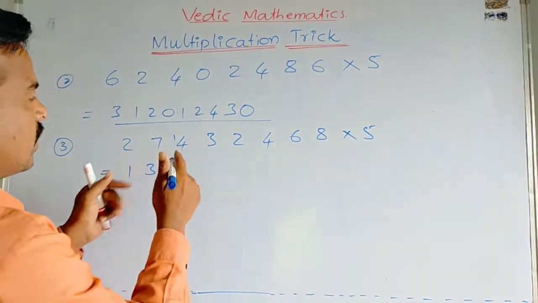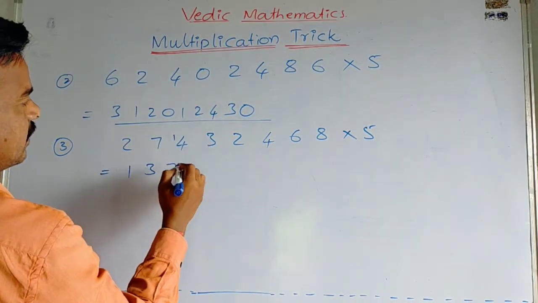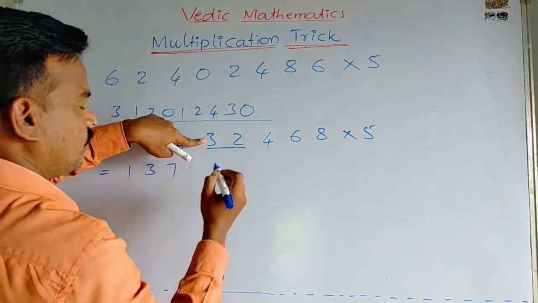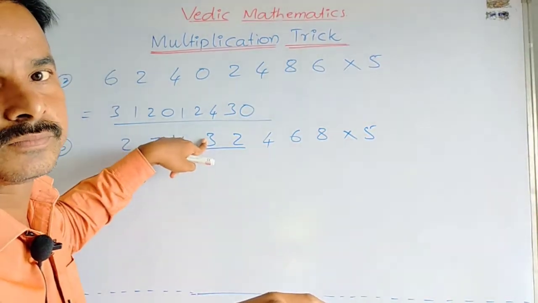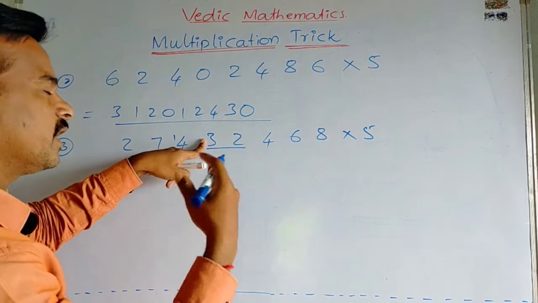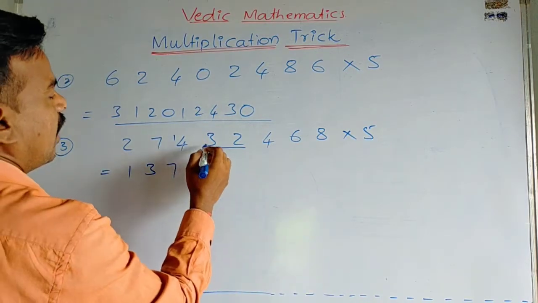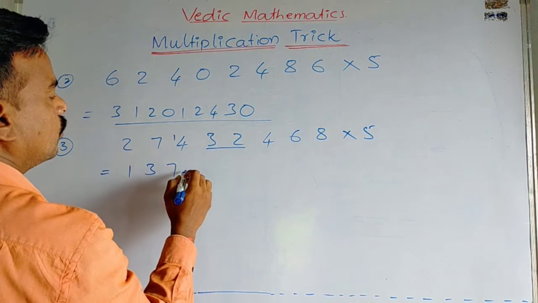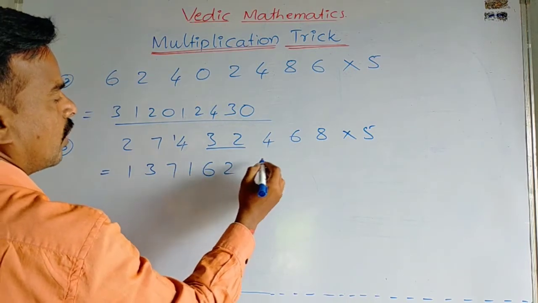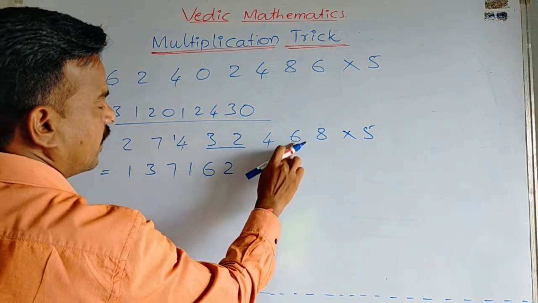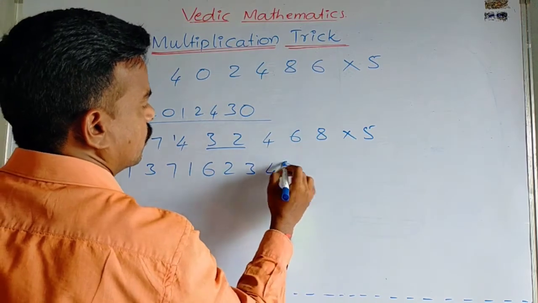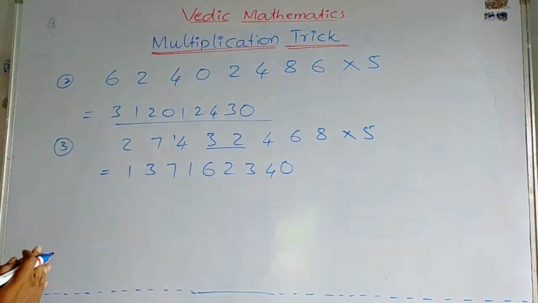It is 14. What is the half of 14? 7. What is the half of 3? That means it is half of 32 also. We can take 2 digits at a time. If this number is small, we can easily find the half of it. How can we find half of 32? That is 16. And half of 4, 2. Half of 6, 3. Half of 8, 4. And one more 0. That is it. It is the answer.